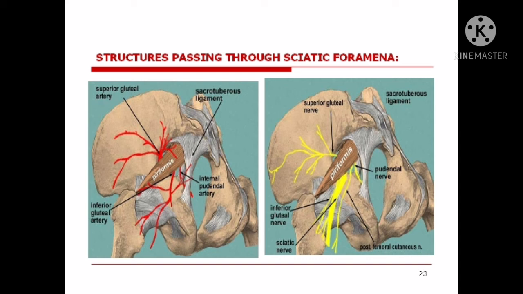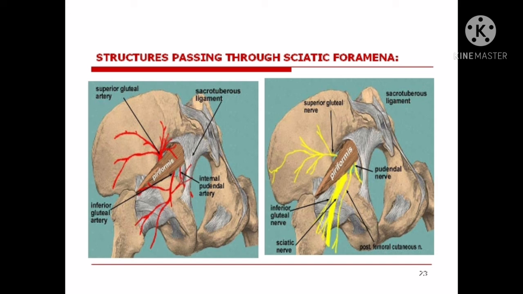You can see the piriformis muscle passing through the greater sciatic foramen. Above the piriformis, you can see the superior gluteal nerve. Below the piriformis, you can see the posterior femoral cutaneous nerve, the sciatic nerve, and the inferior gluteal nerve. These three nerves pass down on the back of the thigh region to the lower limb. The pudendal nerve is also mentioned over here, and it goes back to the pelvic region through